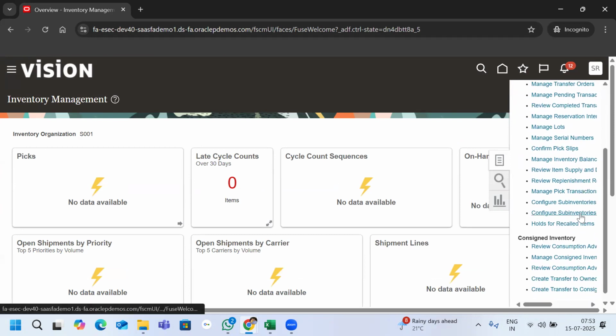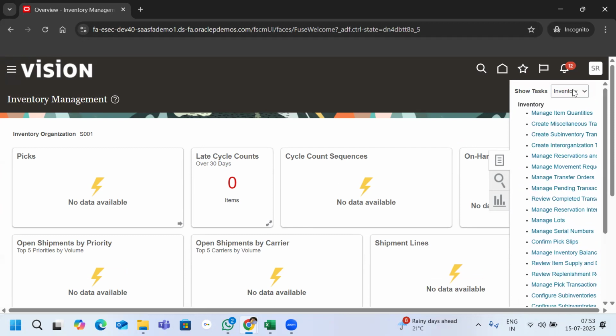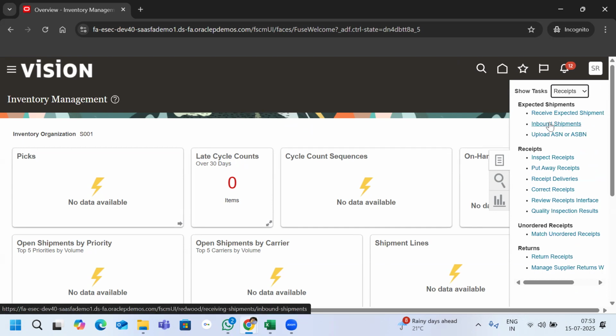Now he needs to receive. You don't find anything called receiving here. This is only inventory. If you click on this, there you will see receipts. We will see all this, don't worry. We are going to receipts. Click on receipts. Here we need to receive. Here you can see inbound shipments. What is coming in? If you click on inbound shipment,